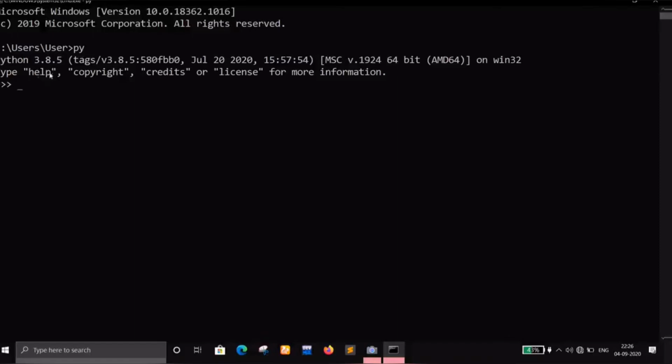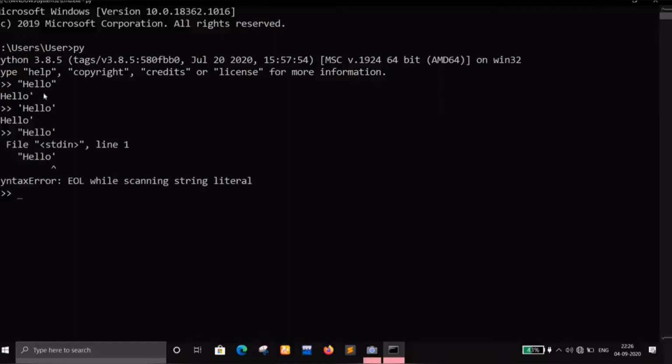Can you see this text: type help, copyright, credits or license? These are actually enclosed in double quotes. It is a string. Strings look like this: Hello. This is a string. Now you can also use single quotes, 'hello', but you cannot use one single quote and one double quote. Hello, this will give you an error. See, it is an error. So you can either use this one or this one, anything you like. So this is a string, this is a number,